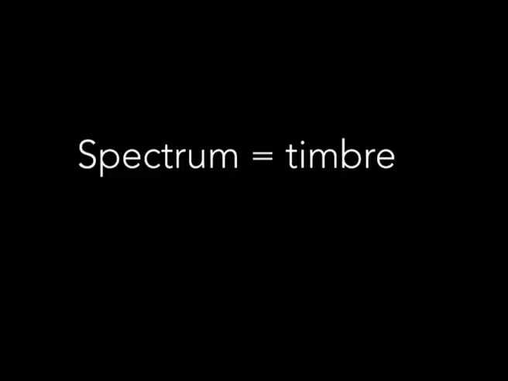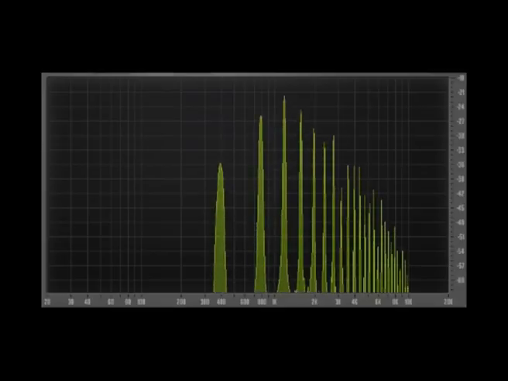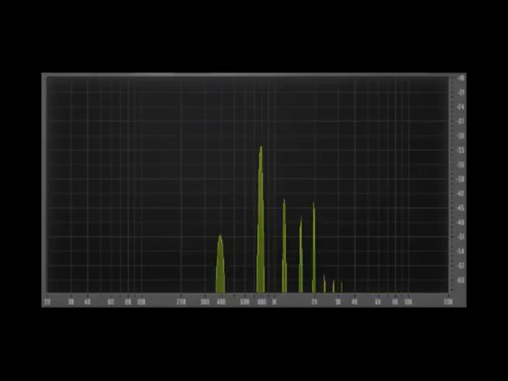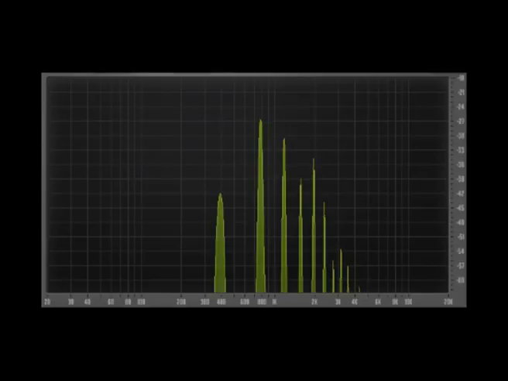Now, another thing that's worth clarifying is the relationship between spectrum and timbre. And this is because one of the things that determines the unique tone colour of an instrument is the overtones that it produces. So for example, here you can see the same note played by two instruments. First of all, a trumpet, and then by a flute. Hopefully you should be able to see and hear the difference here.